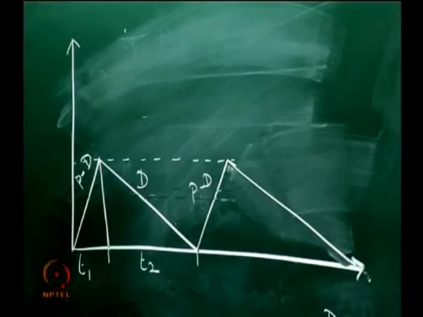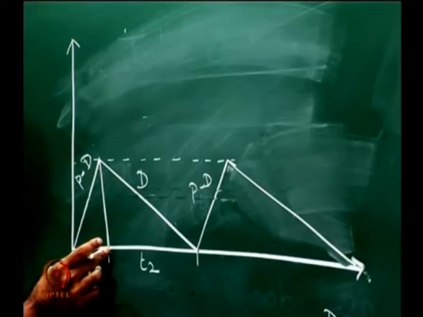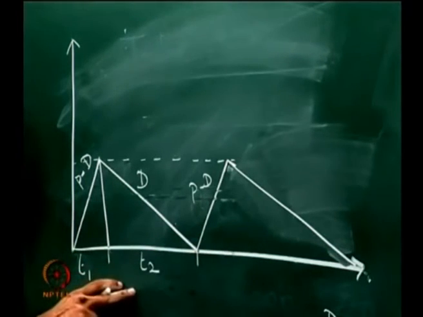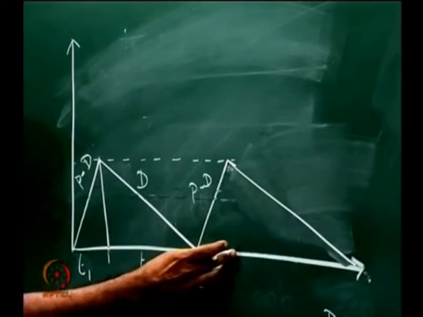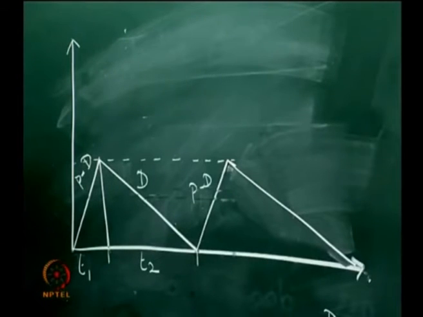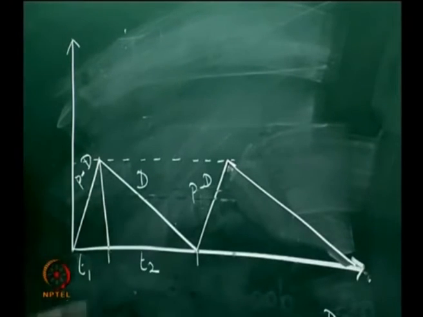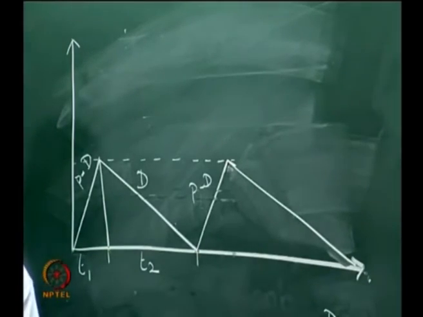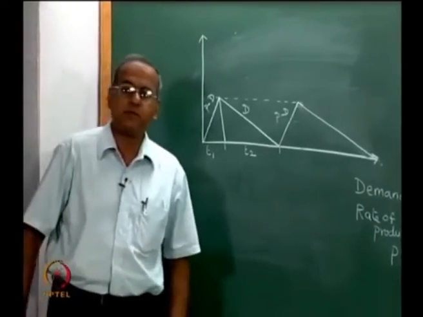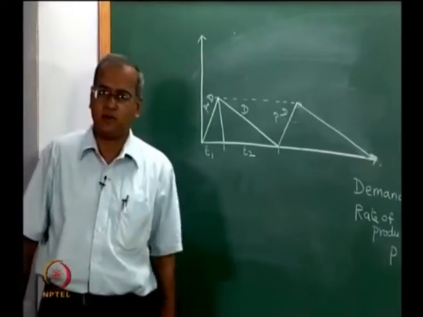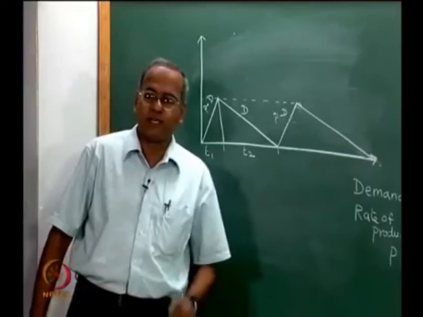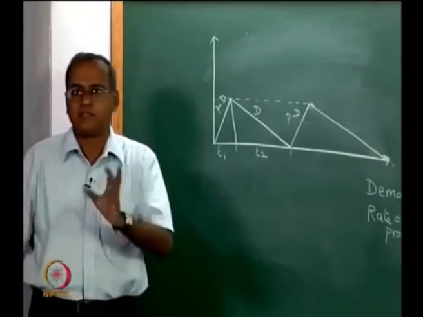From the machine's point of view, T1 is the period where we produce this item, and once again there is going to be another T1 after a gap of T2 where we produce this item again. So we will assume that this machine would be used to produce some other thing during this period T2, and therefore when we come back and start making this item again on this machine, we need to set up this machine, which means every time we start production of the item we have to set up the machine to produce the item, and therefore there is a setup cost associated with the system.